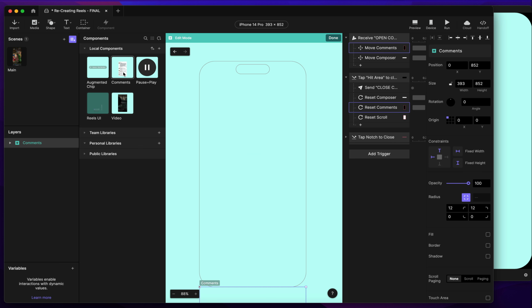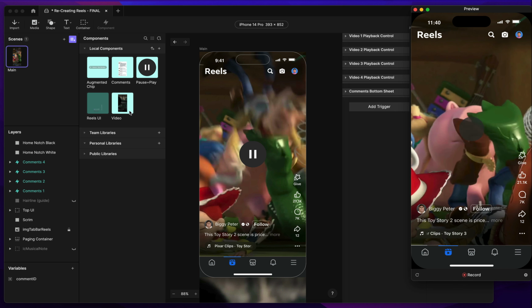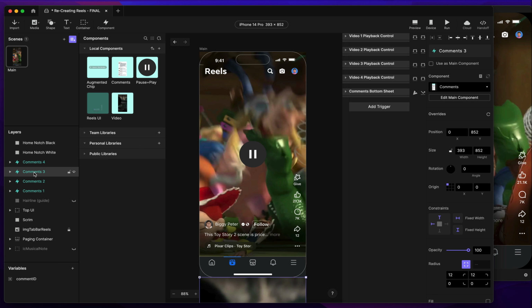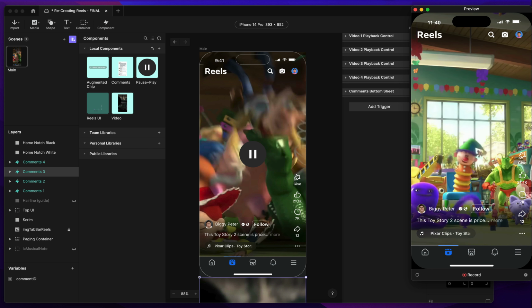We have comments. Comments is a little different. I needed to put it, let me pause that. I needed to put it on the top layer because I need these comments to go on top of the tab bar. So when I touch here,